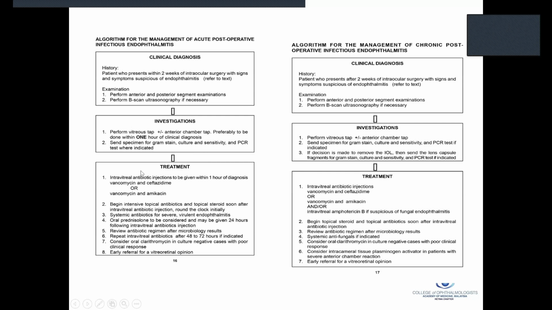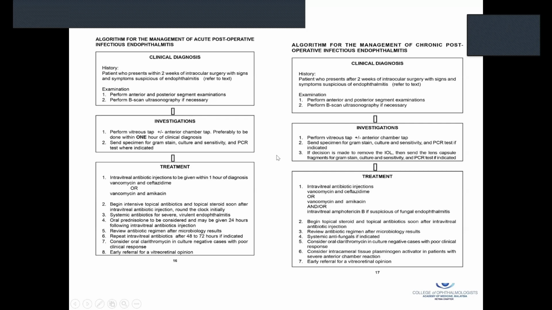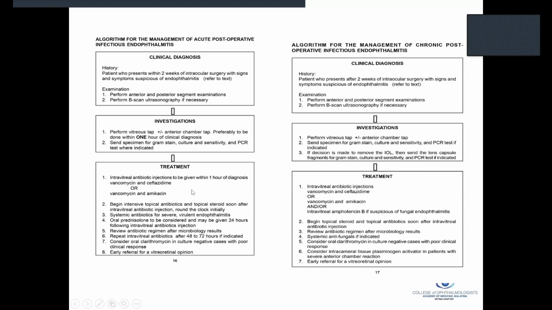The specimens are therefore sent to the laboratory immediately for gram stain, culture and sensitivity. And we immediately treat them with intravitreal antibiotics. And we're not going to wait. I usually give these under some form of local anesthesia because it is a very sore eye, and I would not use the same setup as for an intravitreal injection of anti-VEGF. With anti-VEGF patients, the eyes are not inflamed, but in patients who have acute exogenous post-operative infectious endophthalmitis, the eye is very tender, so you need to give them adequate anesthesia.